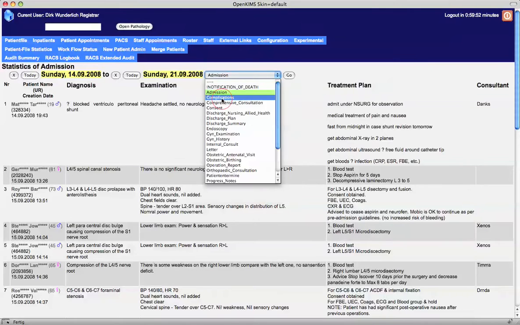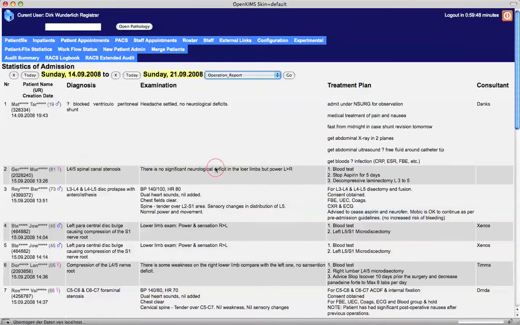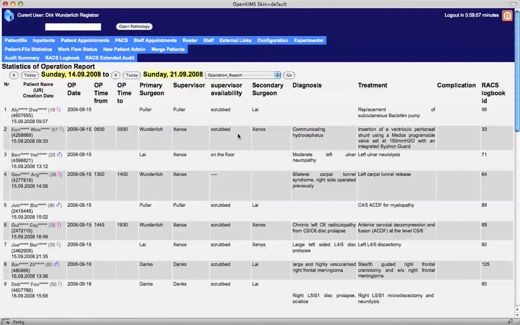You could also look for, what have we got there, maybe operation reports, and have a look in there. However, for the operation reports, we do actually have something more comprehensive, which is the RACS logbook, or even the extended audit. As we do want several lists at the weekly audit, it would be quite annoying to click them all